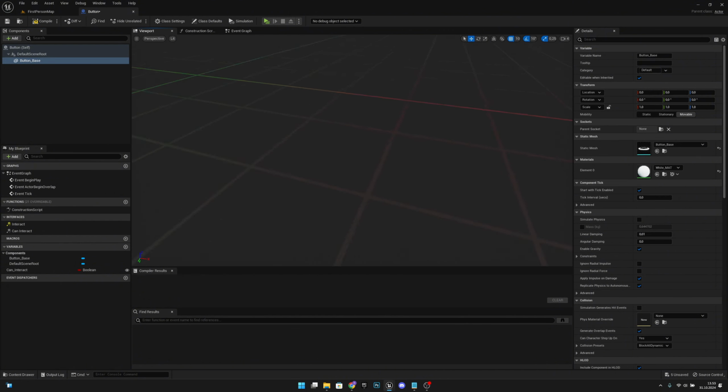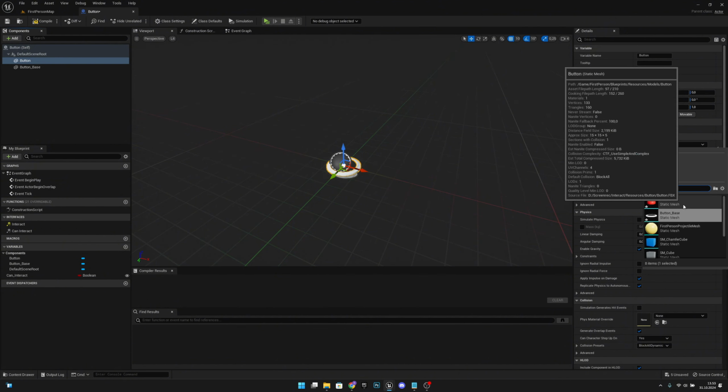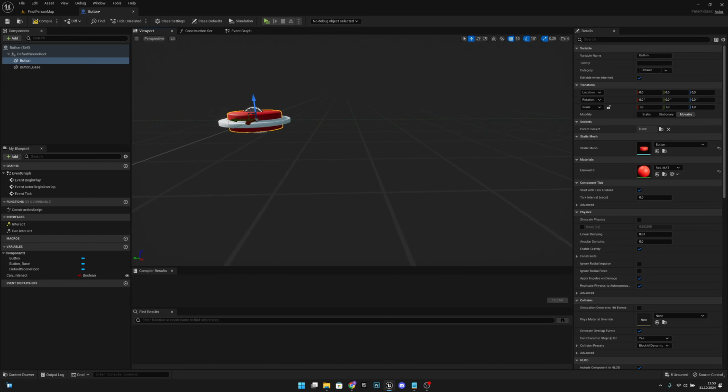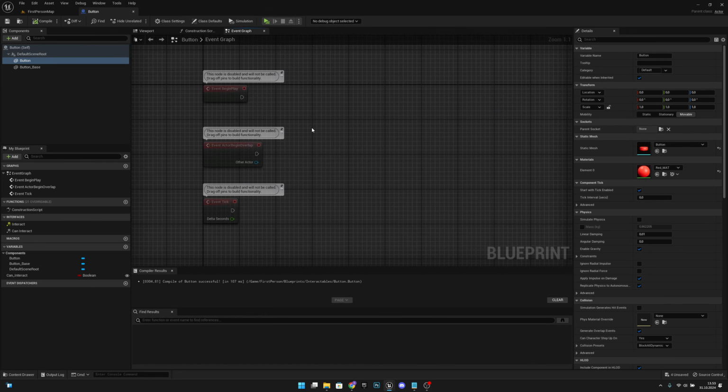Okay. There. Now let's duplicate this and let's call it button. And let's change the mesh to the button like this. Okay. And the next thing that we want to do is we want to compile, save, and go to the event graph. And here, what we want to do is